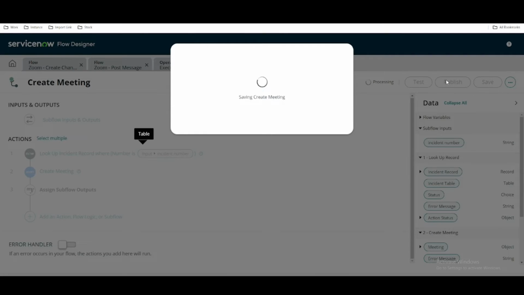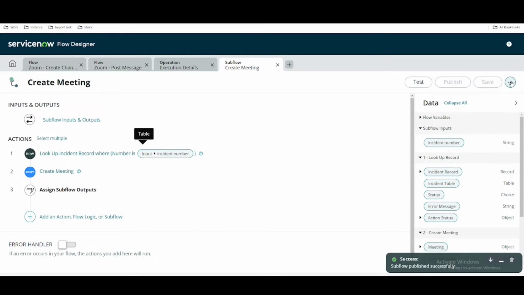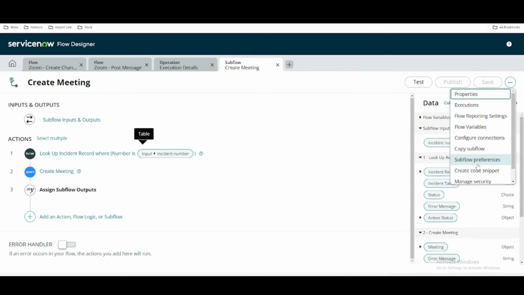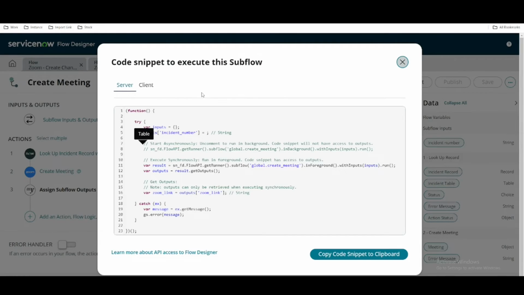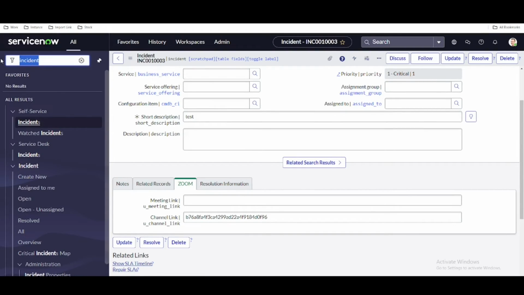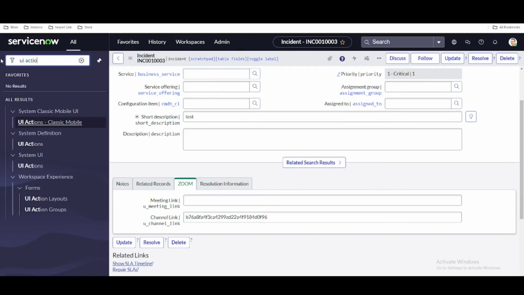We are going to publish that subflow, and this subflow can be run in your background script or in any of these places if you want to put that. So let's say I'll go here, and then here you can see create code snippet. This will give you the server side script. So we'll copy that whole script, go back to this UI action, and I'm going to create a new UI action